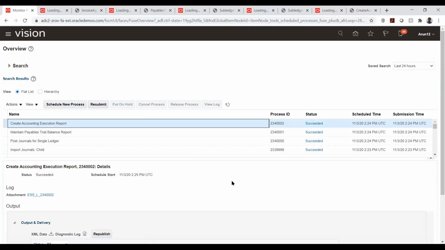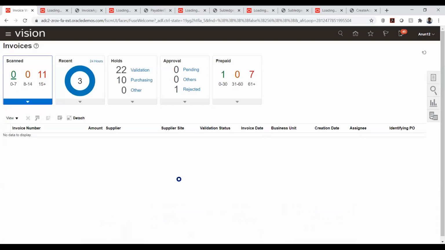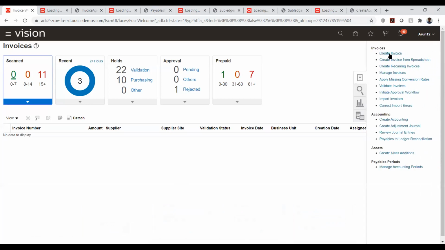So we will see the PDF copy of this particular execution report. Yeah, that's all about create accounting. And apart from that, we have prepayment. Yeah, prepayment we have to see all through.